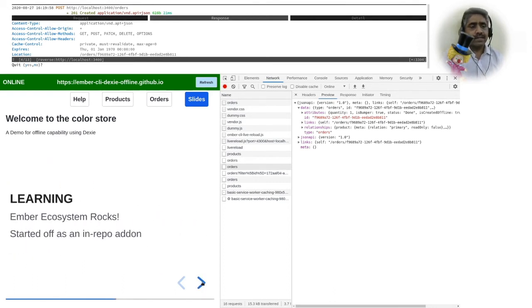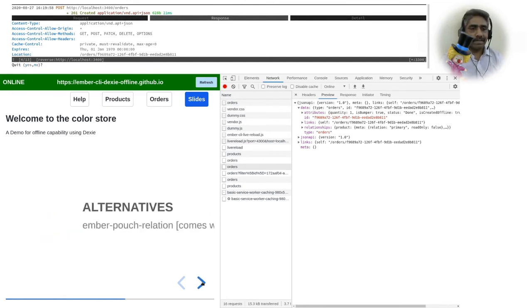So this add-on has helped my learning of the Ember ecosystem a lot. I've been working with Ember for the last 4 years, and this is incidentally my first external add-on, though I've created a couple of small in-repo add-ons. So I value the Ember ecosystem very much. Thanks for all the support that the ecosystem offers, right from Ember CLI to Ember Deploy. So the bandwidth is phenomenal, and the quality is rocking.